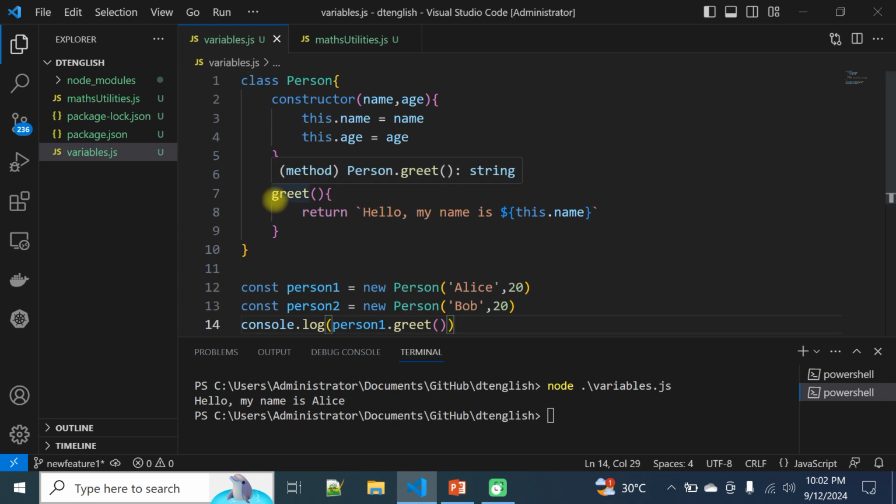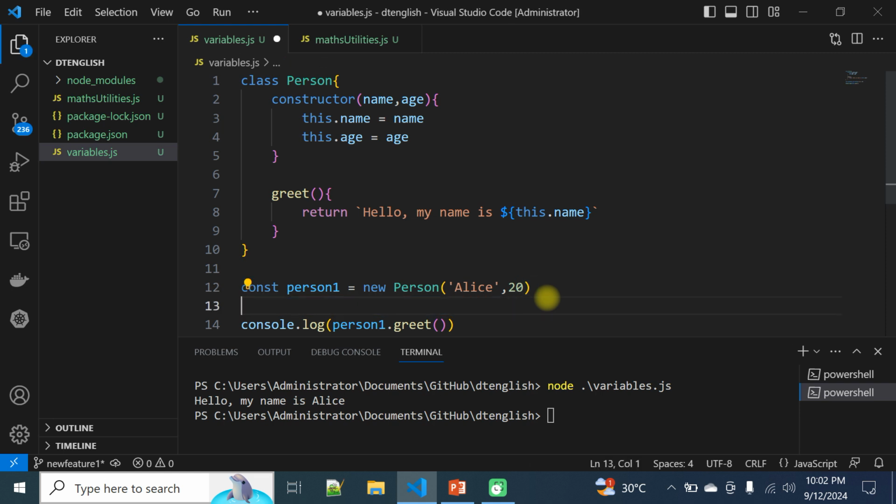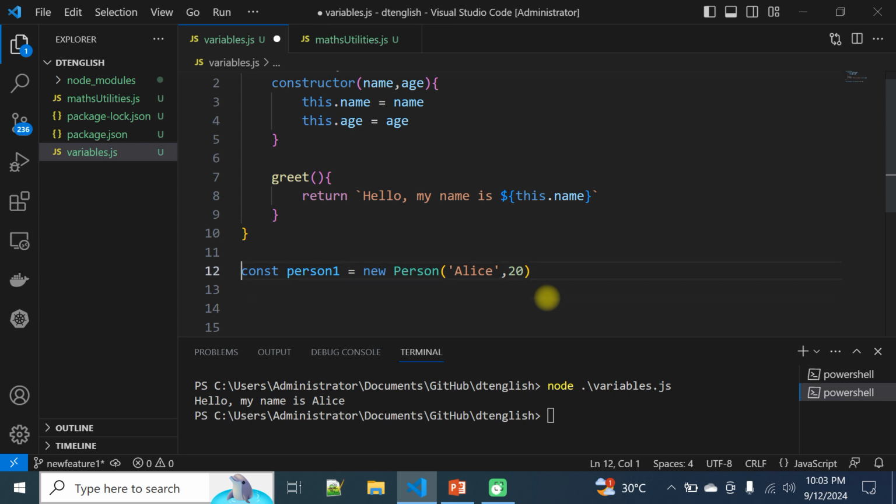What is the other type? That is static function. Static function is nothing but class level function. You can create any number of objects, but you will have only one static function. I mean, when a function is declared as static, that will belong to the class and no object will have that function on its own. So in that case, how can we call that function? So now I'll just delete this second initialization of the class. So this is instance level function, and if I make this function static,